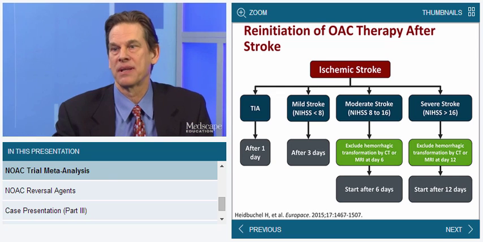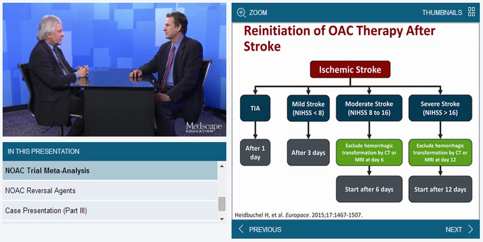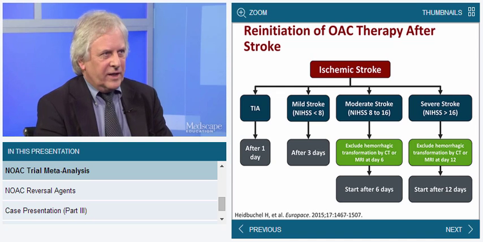So for this patient, they're out 3 days, fairly mild clinical syndrome. They've got an M2 branch occlusion that you can see on the CT scan. Are you ready to start the anticoagulants? Yes, in this case I would start on day 3. Okay, do you want to take another picture of the branch just to see that there's not a hematoma there? Well, not if someone had a mild stroke.